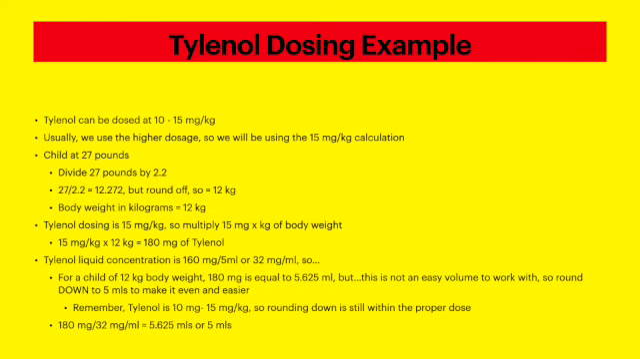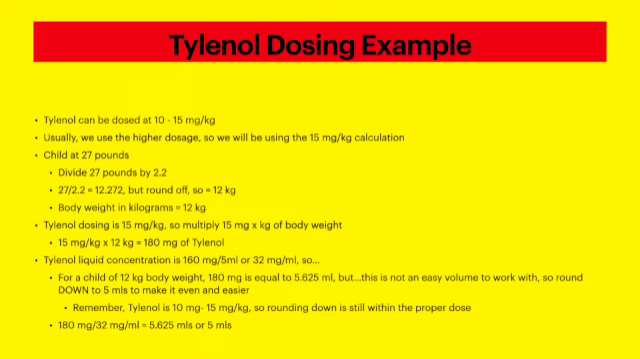Now let's look at a Tylenol dosing example. Tylenol can be dosed at 10 to 15 milligrams per kilogram. Usually we use the higher dosage, so we'll be using the 15 milligram per kilogram calculation. Again, we have a child at 27 pounds, so 27 divided by 2.2 equals 12 kilograms in body weight. Tylenol dosing is 15 milligrams per kilogram, so multiply 15 milligrams times kilograms in body weight, which equals 180 milligrams